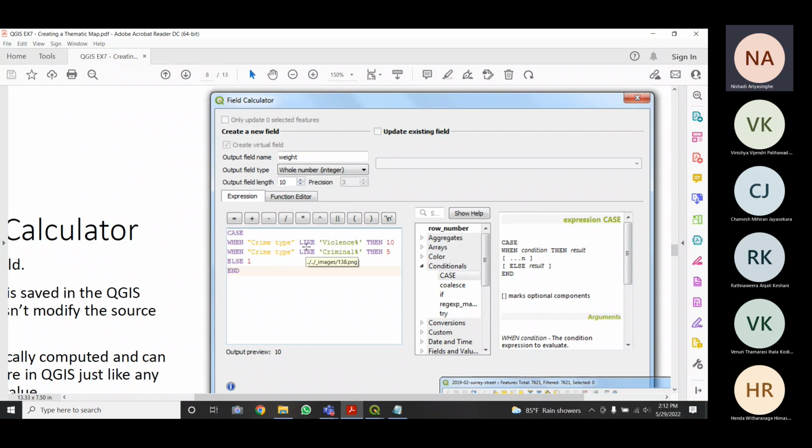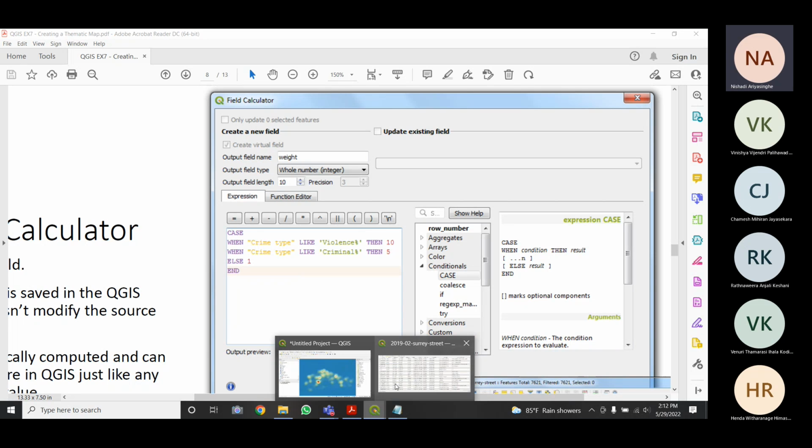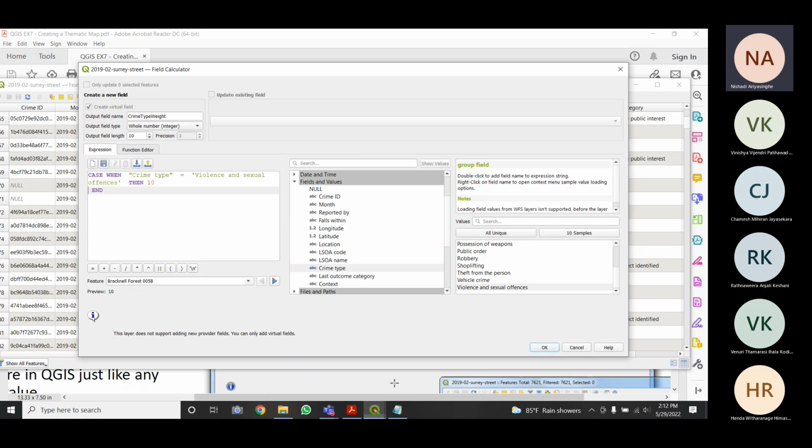So if you have done database management systems, or if you have done any other programming languages, you might come across this word like, violence and a percentage mark. So any word with violence in front will get the weight 10, right?